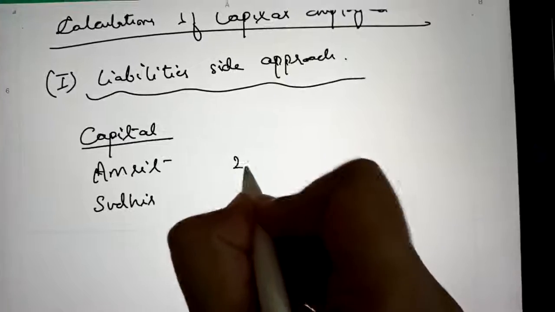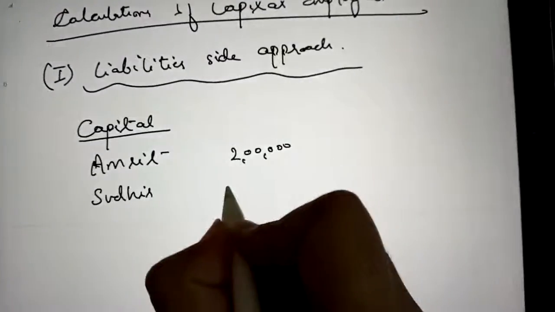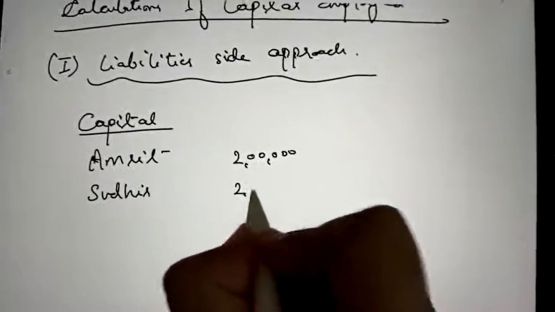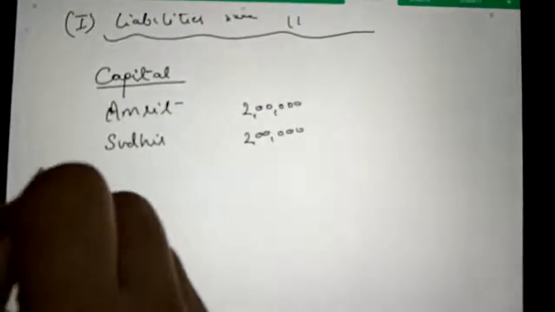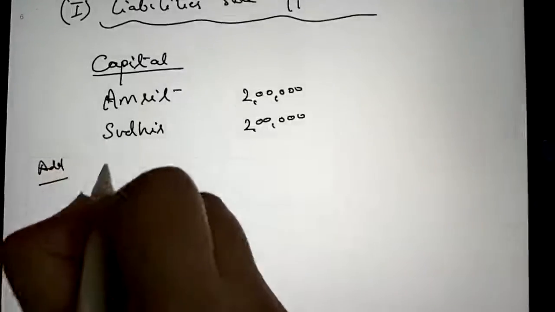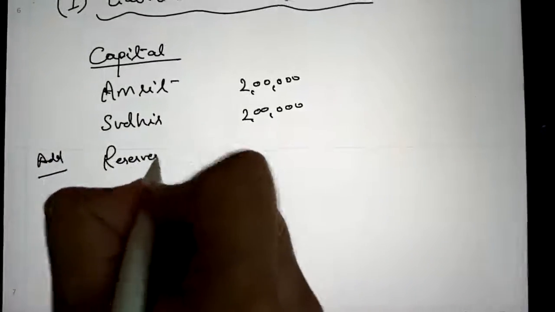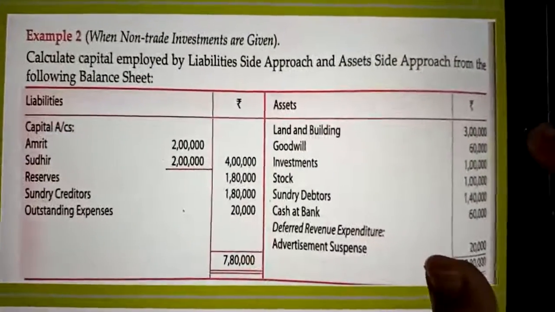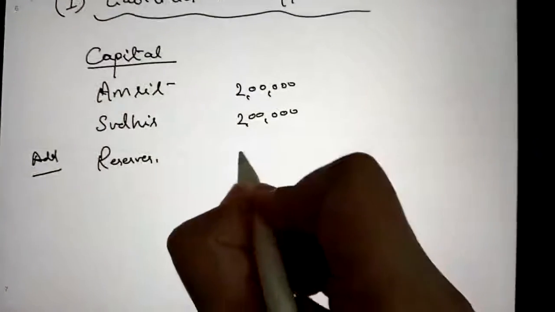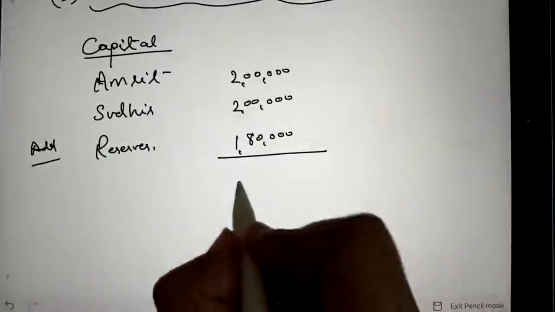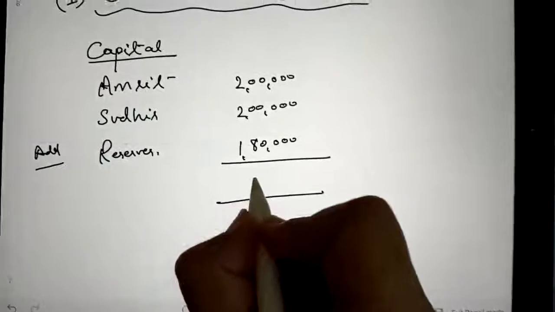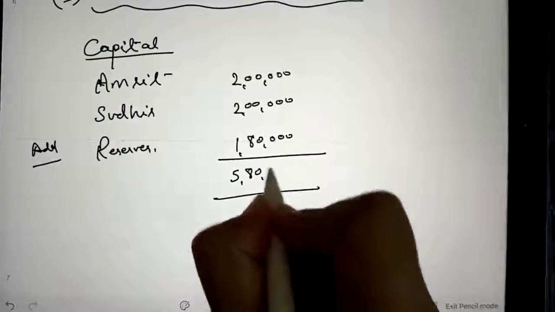Amrit's capital is given to us rupees 2 lakh and Sudhir's capital is also 2 lakh. Then we will add reserves to it, and reserves are given to us in the question 1,80,000. We will not consider outside liabilities, so here we will get its total 5,80,000, and now we will deduct from it